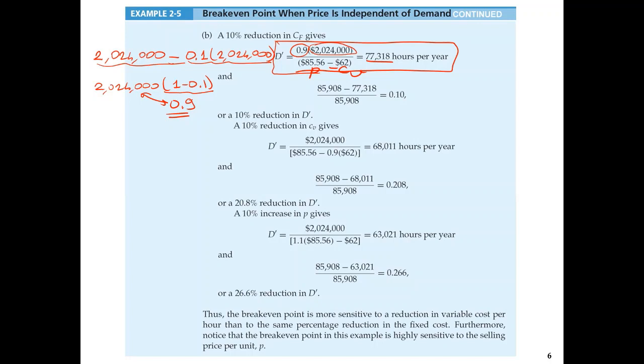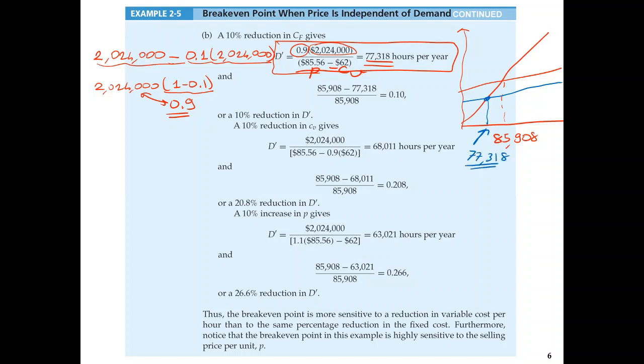And what happens? The new break-even point, remember this shape, the break-even point here was 85,908, and when we reduced the fixed cost by 10%, the new break-even point appeared to be this one, and it is